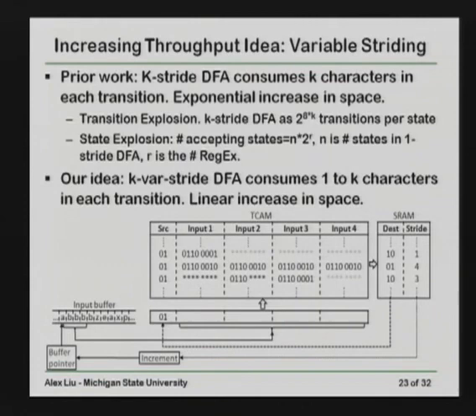Basically, the number of accepting states will be equal to n times 2 to the power of r. R is the number of all the regular expressions. Well, if you have 100 regular expressions, that will be 2 to the power of 100. So that's pretty big. The rationale is basically you have a DFA, and then if you go k steps, so consider